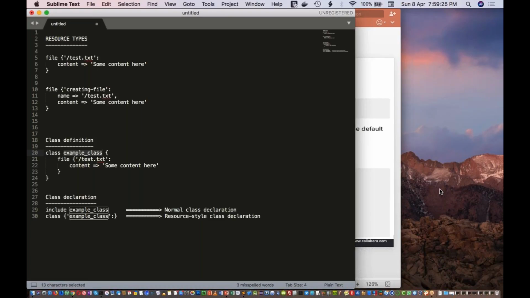Okay, so now Akhil is asking, can you show an example of resource type class definition? Akhil, there is no change in the definition. The definition of the class is the same. For the same class, you can either use this or this. Both are okay. Both ways you can declare the same class. See, the definition will always be in this format. There won't be any change irrespective of how you are declaring it. Definition will always stay the same. Is it clear, Akhil?